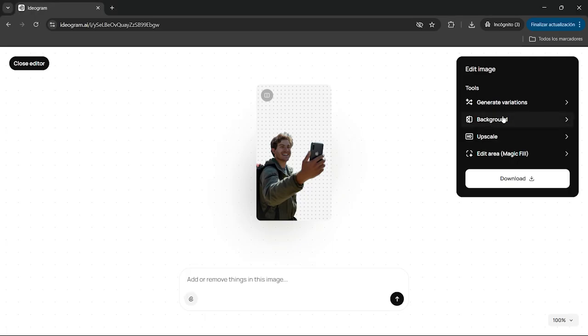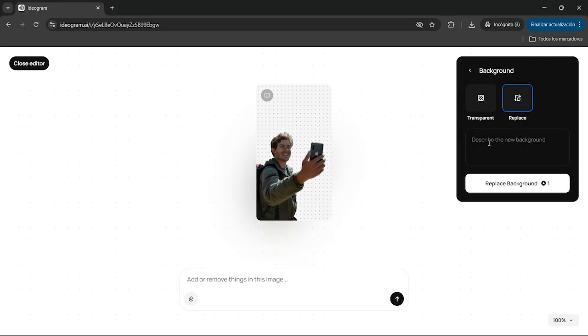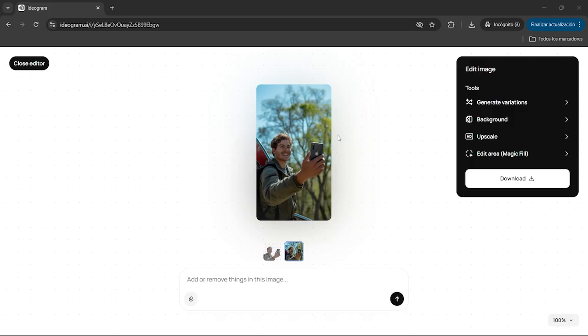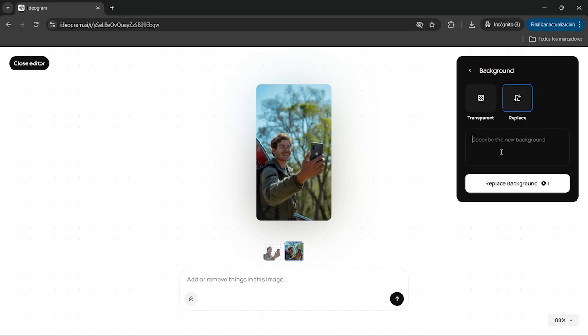We can also click on background and click replace, and now we can describe the new background. For example, I'm going to say a roller coaster, replace the background, and after a few seconds it has generated the new background. So in this case this was not what I'm looking for because the prompt was too simple,